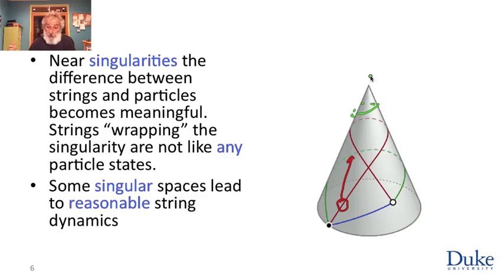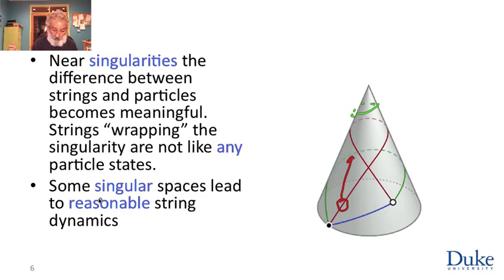So what? Well, the behavior of the bits of string far from the tip is very much like particles, because if you don't look too closely, a string looks like a particle. But when they come up to the tip, these strings interact with those strings, and taking that into account leads to reasonable dynamics. In other words, if you throw this string at the tip, you can actually predict in a reasonable, finite, divergence-free, singularity-free way how it will propagate through the tip and beyond.